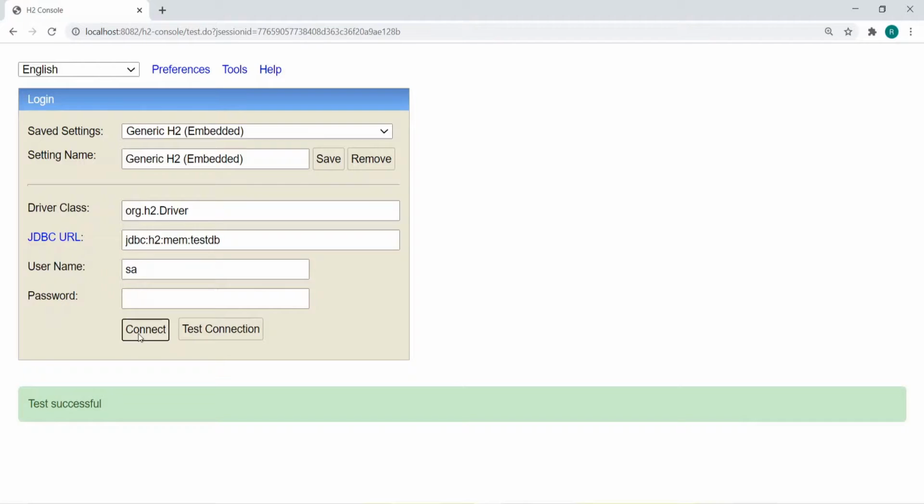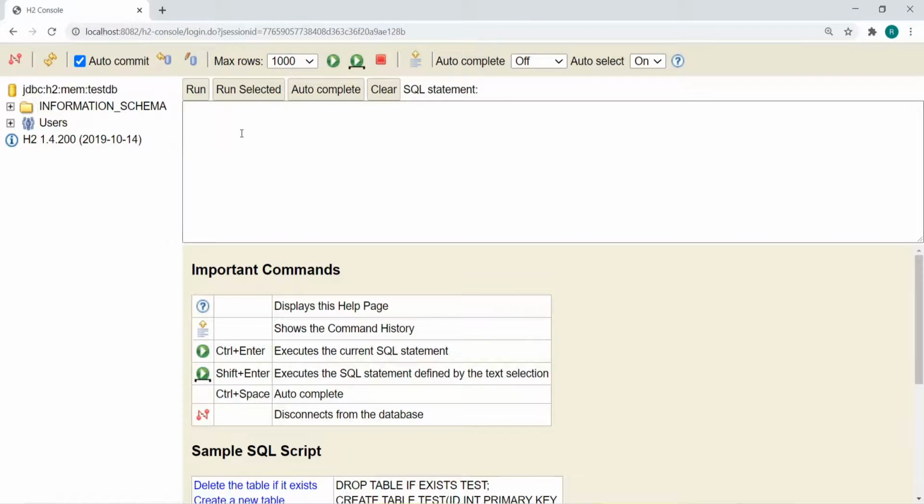You just need to test the connection, test successful, connect, and you can see this is a UI like SQL Navigator or PSQL. But so far we have not created any table, so no user-defined table is available over here. So in this step we are going to create the user entity.